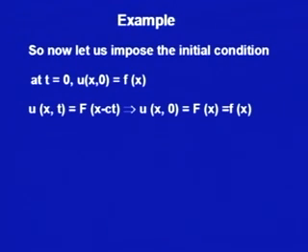Now, if I use t is equal to 0, what would it give? At t is equal to 0, I would get u(x, 0), and here if I put t is equal to 0, I would get capital F of x. Now, this capital F of x is the same as my initial condition, which says u at (x, 0) is equal to f(x). That says this capital F(x) must be this known function f(x).